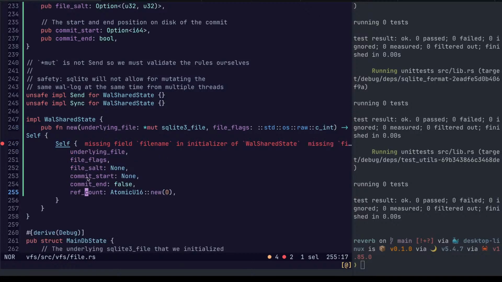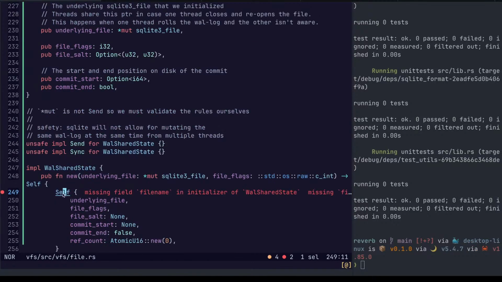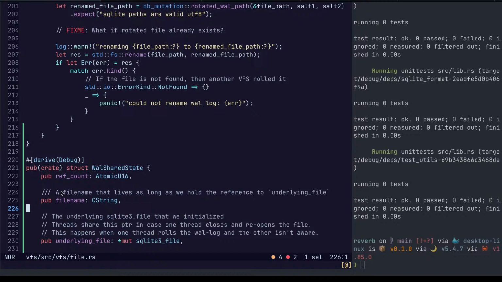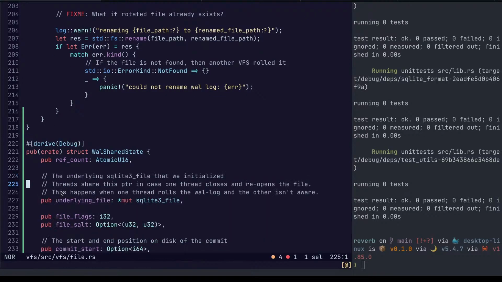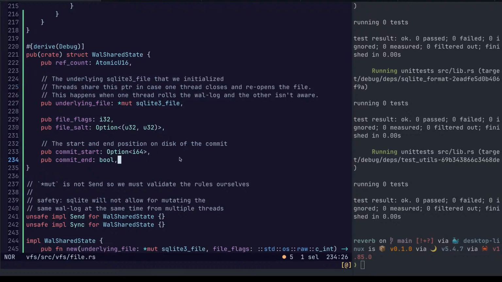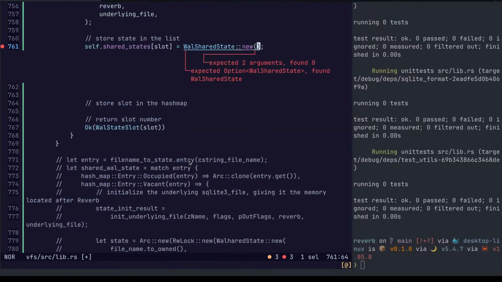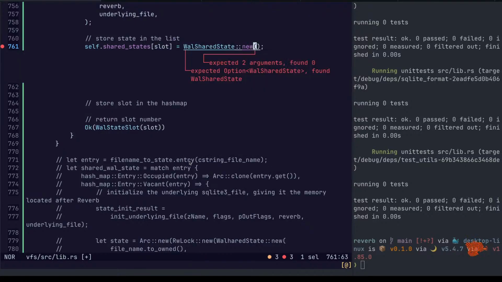I do want the ref count though. The underlying file and the flags.